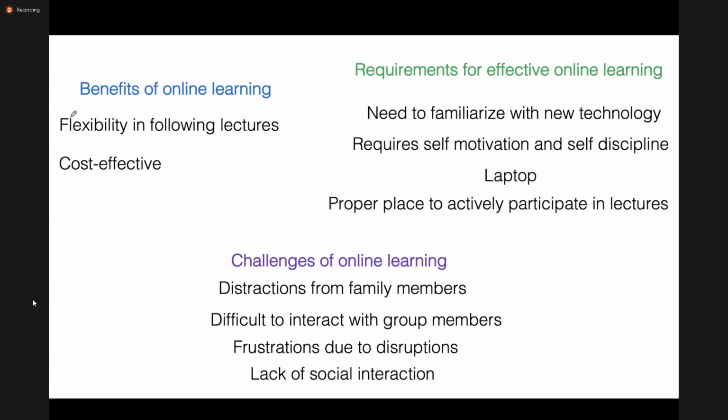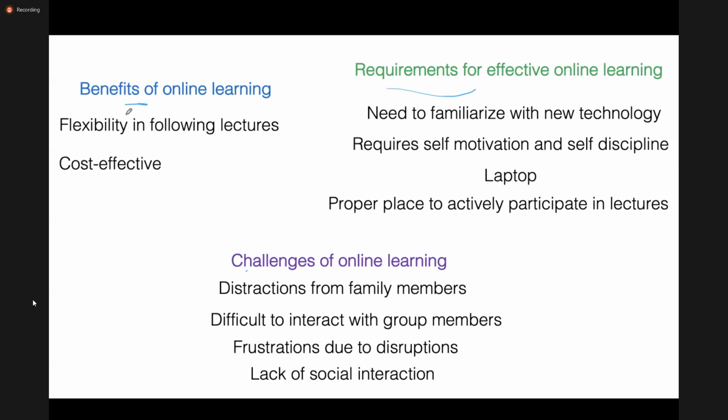You can see, okay, there are some codes that talk about benefits of online learning. It's flexibility, cost effective. Then there are some codes that are talking about requirements for effective online learning. And then there are others that talk about challenges to online learning.